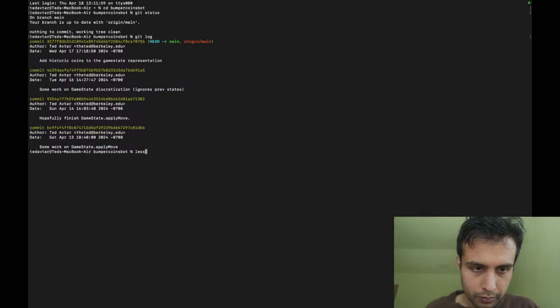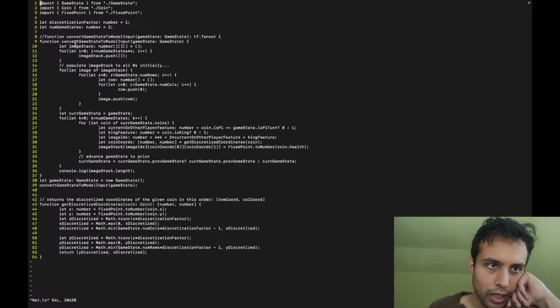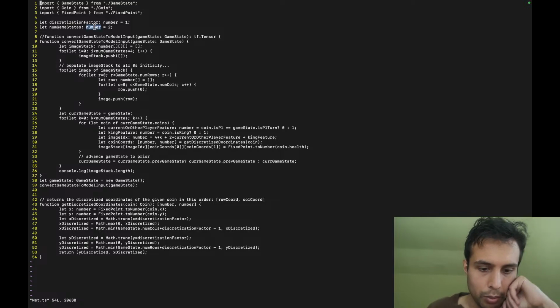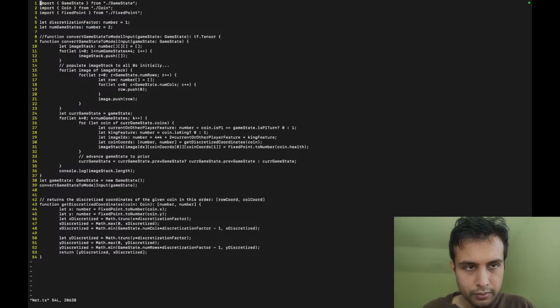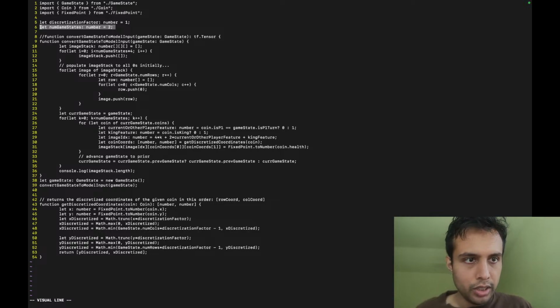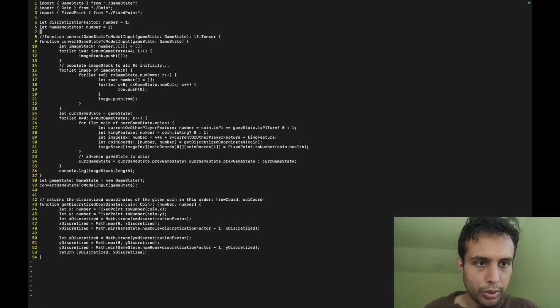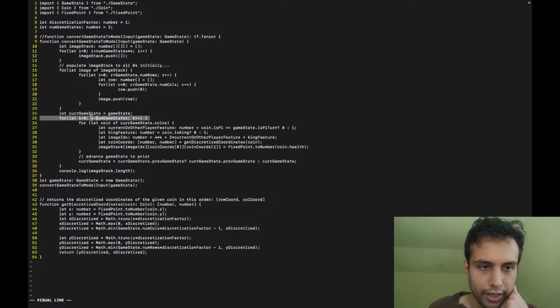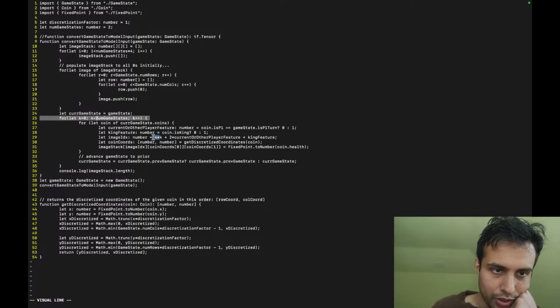So all that was done last time was line number 6, this line that I'm highlighting, num game state set to 2, and then its usage, used right here in K, the variable of indexing K, where we have this very elegant, generalized notion of features.